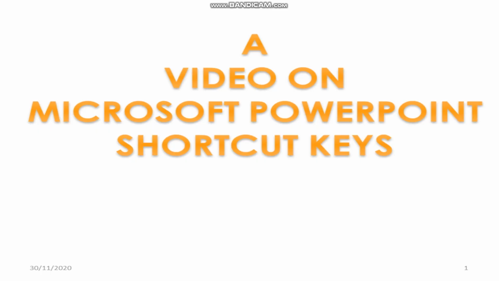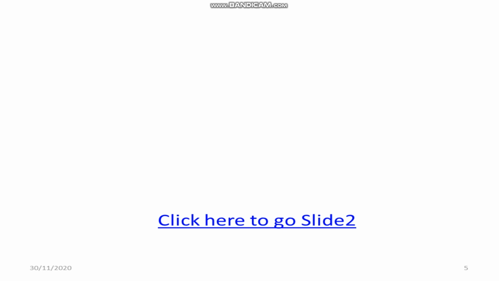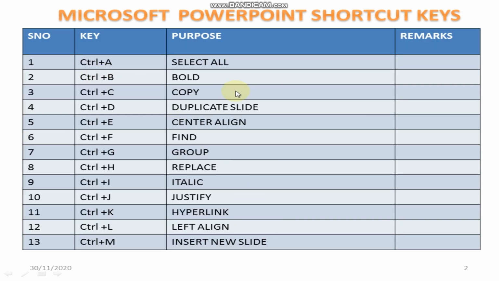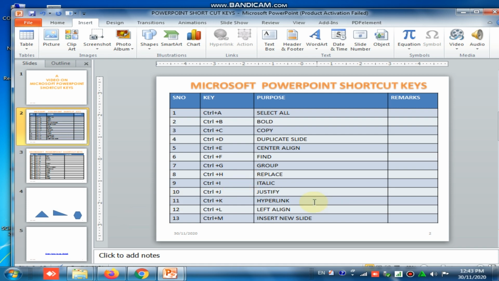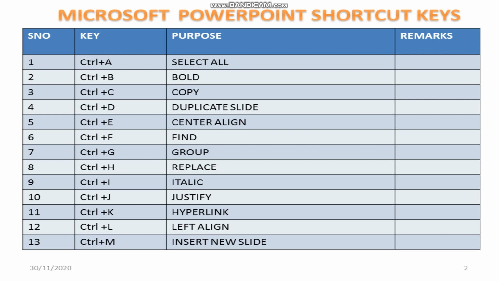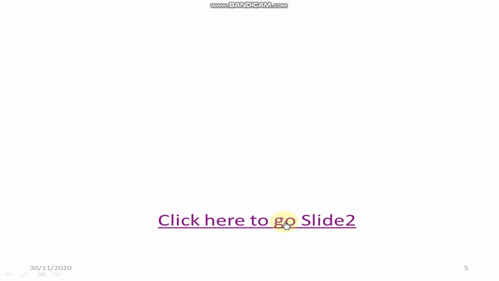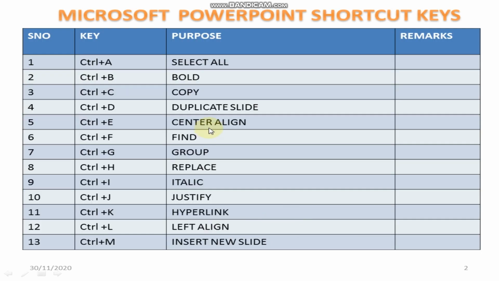Now I am presenting the presentation 1 2 3 4 5. Instead of going 5 4 3 2 1, if you click here, it will go directly to slide 1. See here, it is going to slide 2. In this way you can use the hyperlink. Once again, the hyperlink: here I am giving slide 2. If you click here, it will go directly to slide 2. You can use Control plus K for the hyperlink.